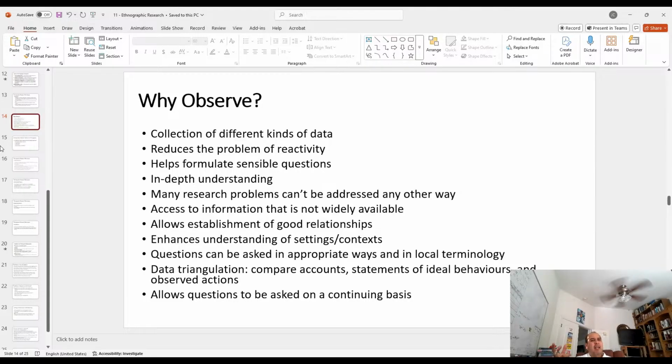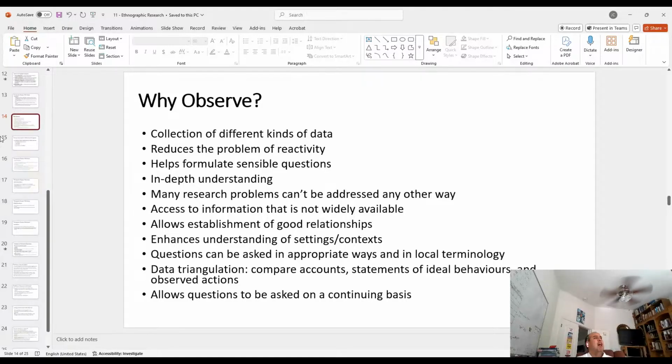It's key. Like the one I told you about, the Latino therapeutic methodologies, the only way to really truly understand how they were being applied was really to observe. There really, essentially, there was no other way. You have access to information that is not widely available. Maybe nobody has had that information, like Donna Daly's Navajo study. That was the first really to get that sort of in-depth look at Navajo culture. People had written about the Navajos, but it wasn't from the point of view of the Navajos.